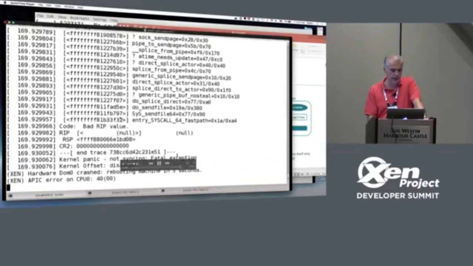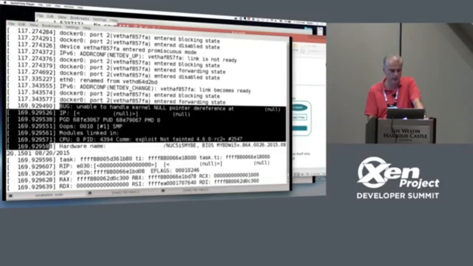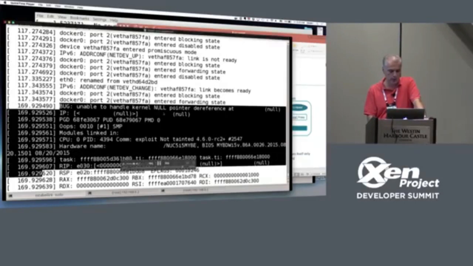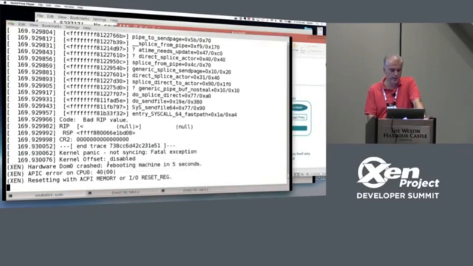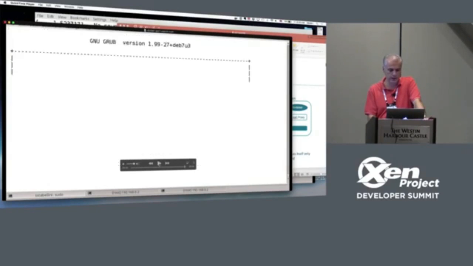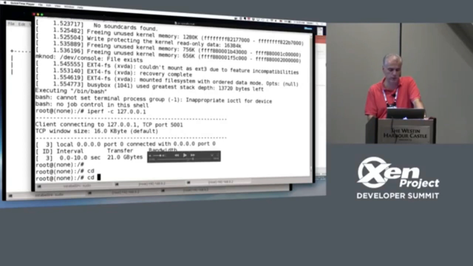And all the containers are actually crashed, right? All the containers and the guests are crashed. It's a null pointer reference there, and then the machine is rebooting, and off we go, right? So we essentially managed to affect a whole bunch of containers here,